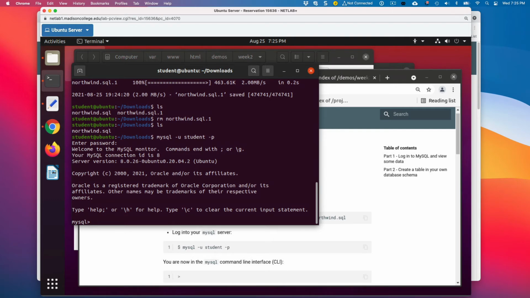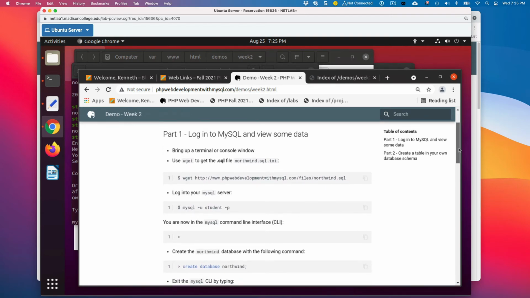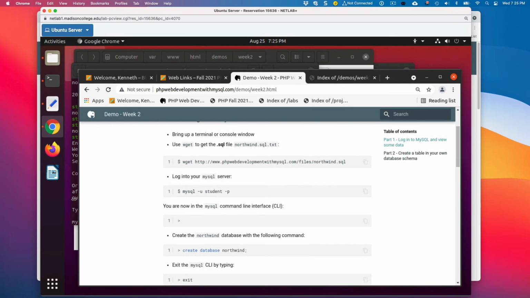So you would just type it in, press enter, and now you're no longer in the bash shell. In the bash shell, you know you're in it because you see what folder you're in and the $ sign. Now I'm in the MySQL command line tool. So when you are doing commands in the MySQL CLI or command line interface, make sure that you are in the command line tool, not in the Bash shell. All right. So you're now in the MySQL command line interface.